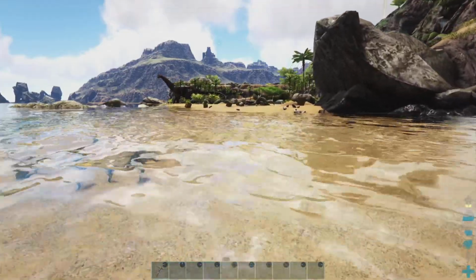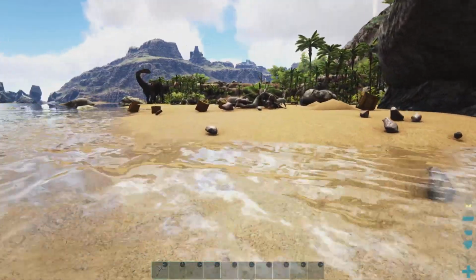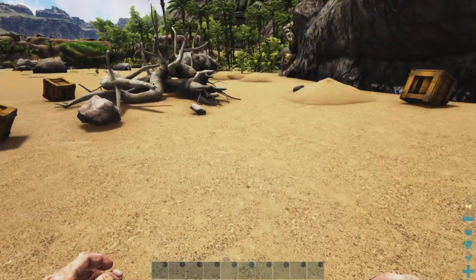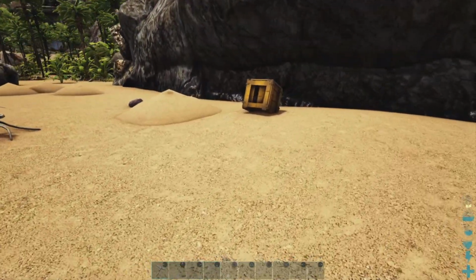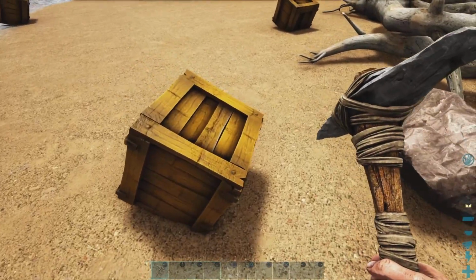When you're sprinting, always stop sprinting before your stamina runs out. If you sprint until your stamina runs out, it takes much longer for your stamina to recover. But these loot crates right here, I don't think other maps have them. I think it's only Ragnarok that does. But if you come over and smash them,